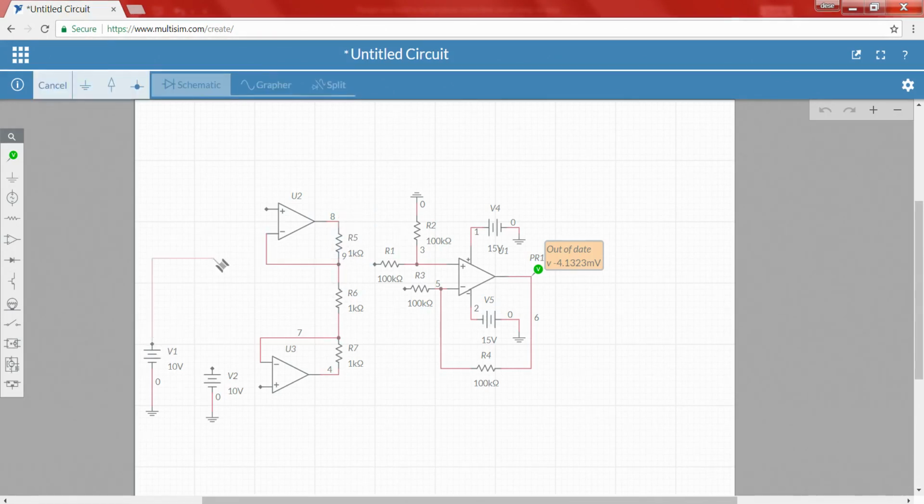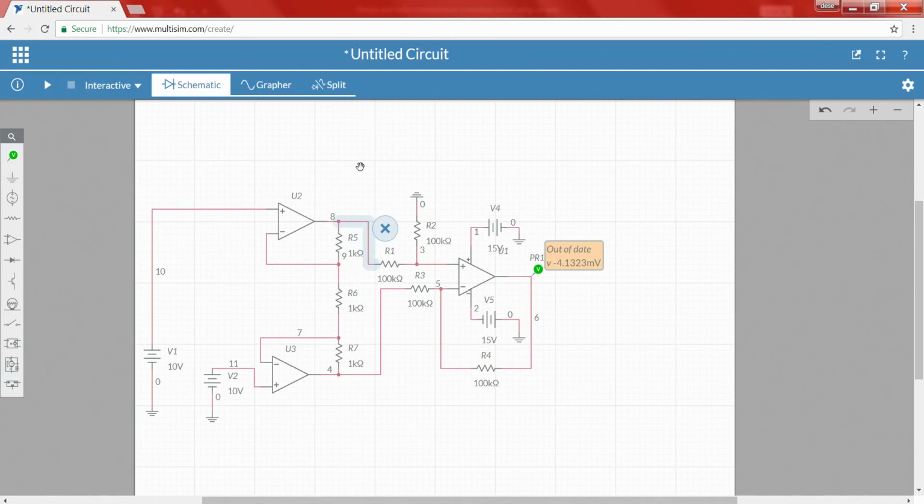This is my V1, whereas this is my V2. So, all the required connections are made. Let me run. This is VO1, this is VO2, this is V0.